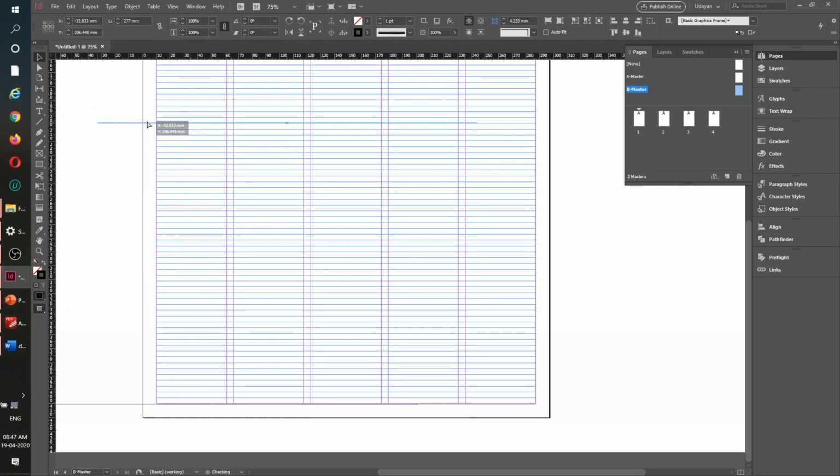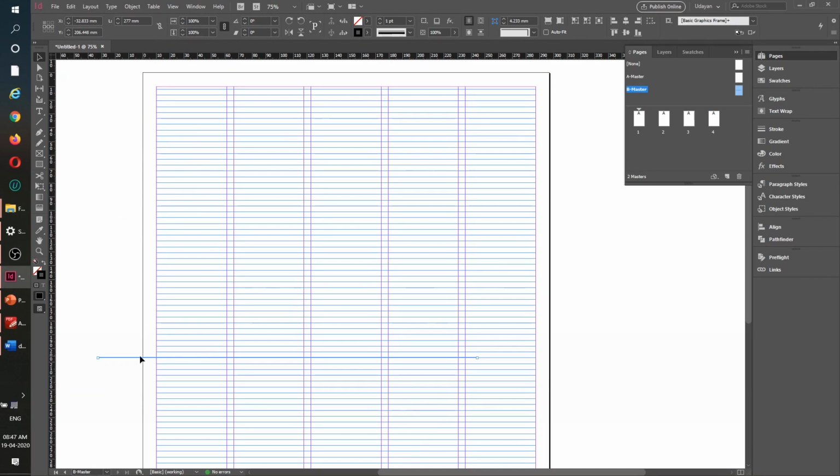And this duplicate one, I will take it to the top, and in place of snapping it to this margin, I will snap it to this line so that I get some space where I can write things about the page header, or I can create the header part of the page. Okay, maybe talking about the section name and the page number, etc.